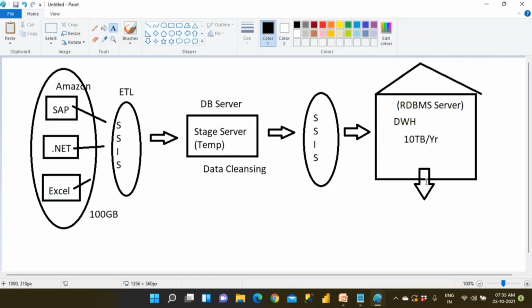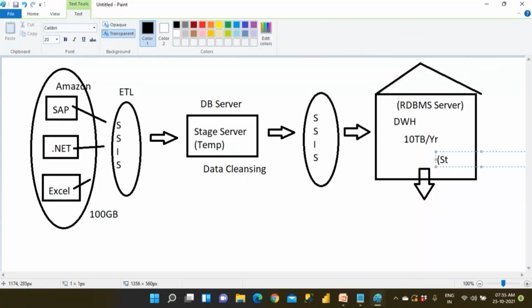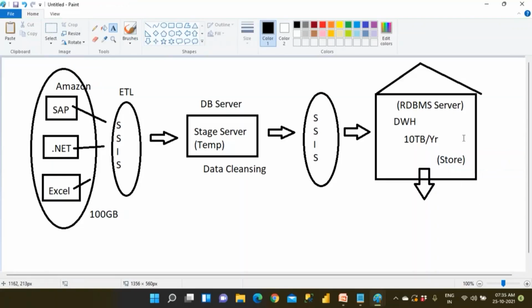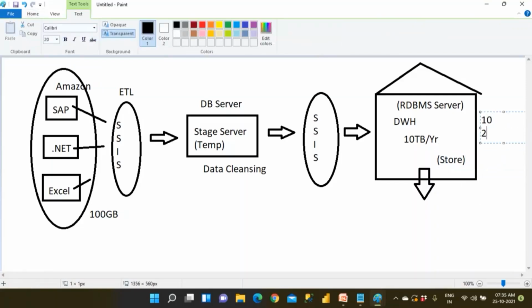In that, the software is the same software we're talking about, Oracle software or SQL Server software. You can store this much data. Only storing is going to happen there. Clear? So if you wanted to process the data, for example, I have 10 and 20. Aggregating means you either sum, find the minimum, find the maximum, find the average, or count the total number of orders that happened in the last 5 years. That is counting. So remember these aggregations: sum, min, max, average, and count.